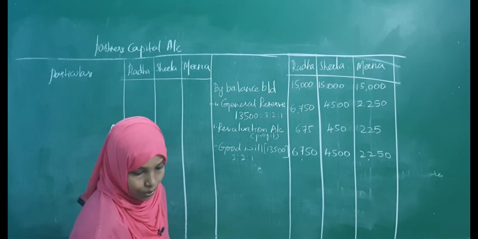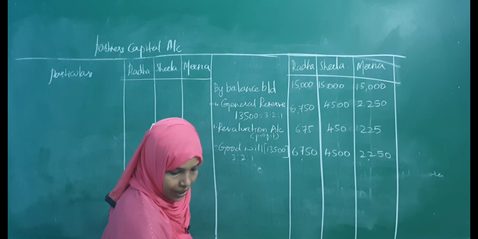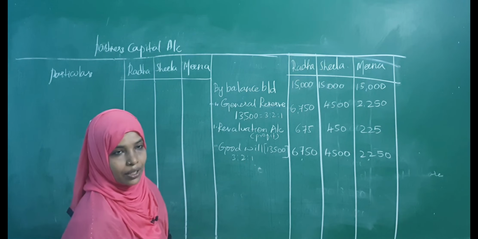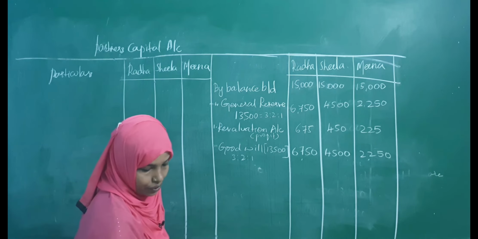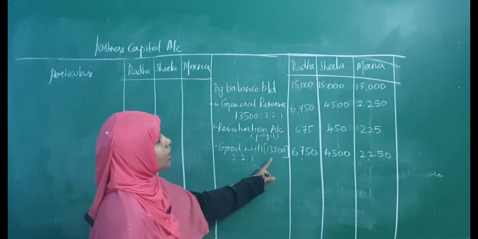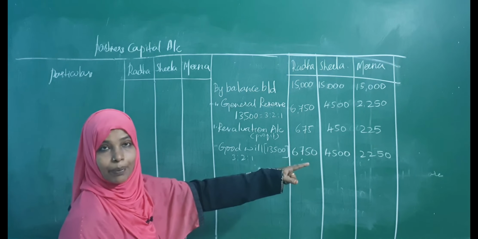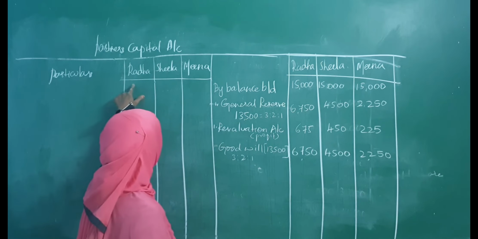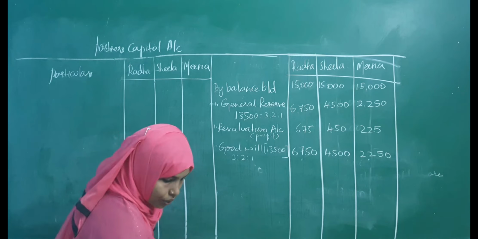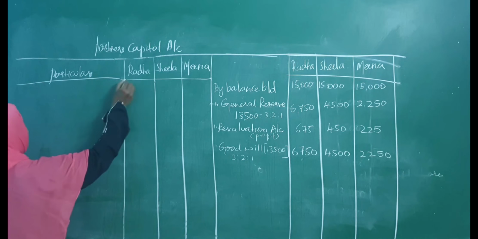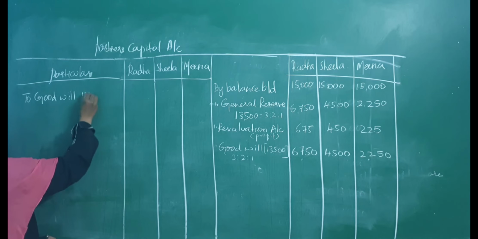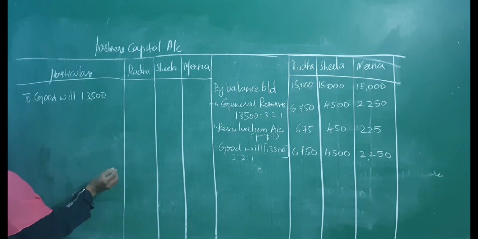Now, in this sum, who is retiring? On 1st April 2018, Sheila retires. The goodwill amount is 13,500. When it is written off, okay, goodwill of the firm was created at 13,500 and written off means what you have to do? Goodwill in the credit side, you have to share it to all the three partners, and debit side, you have to share it to Radha and Meena, not to Sheila because Sheila is retiring. Fine. So, what you will do is write down to goodwill. To goodwill. Goodwill is 13,500.